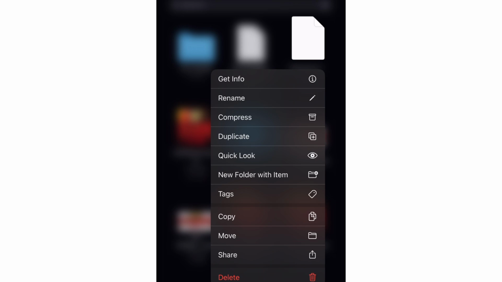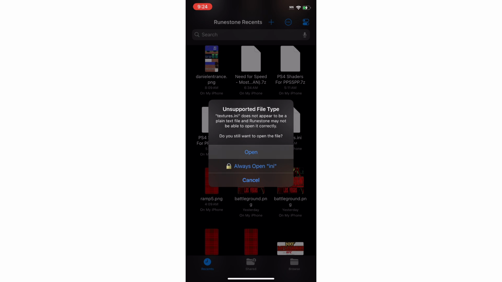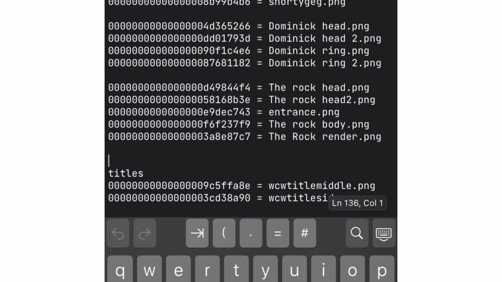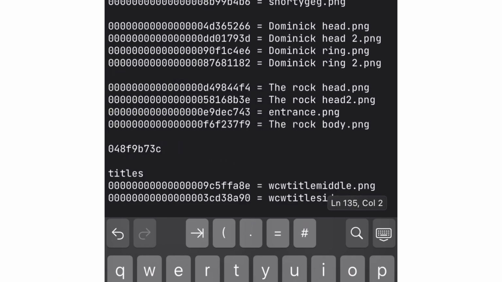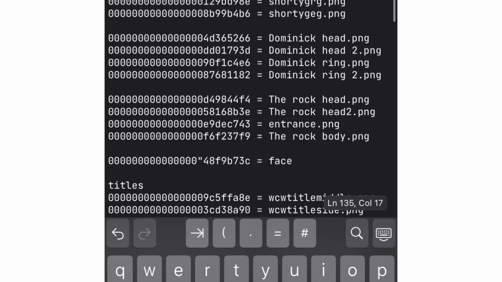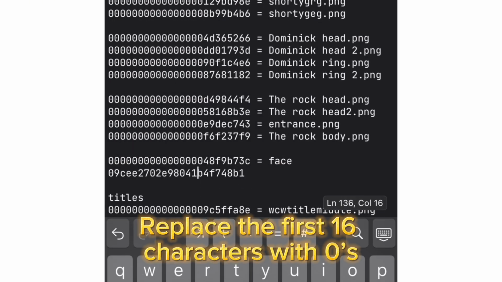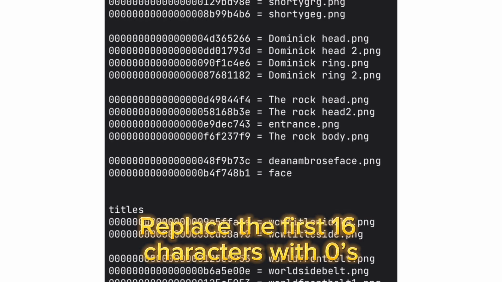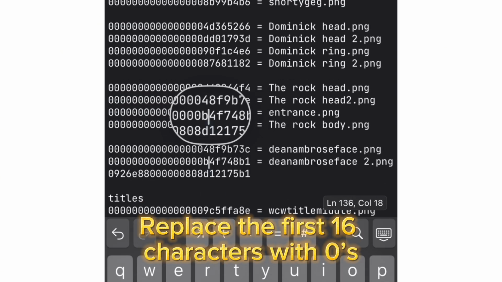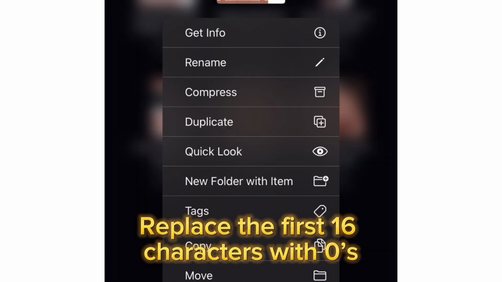Then you have to find your texture.ini file, and you would open that inside Runestone. Here are a couple of textures I already did. This is me speed running through it, but basically what you would do is you would copy the old texture into the texture.ini file and delete the first 16 characters and put equal and then the name of the new